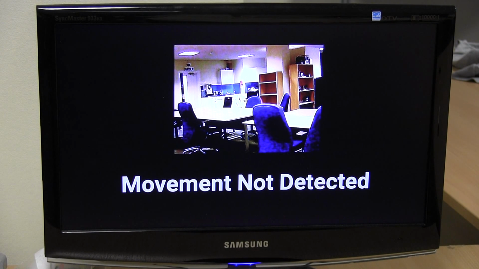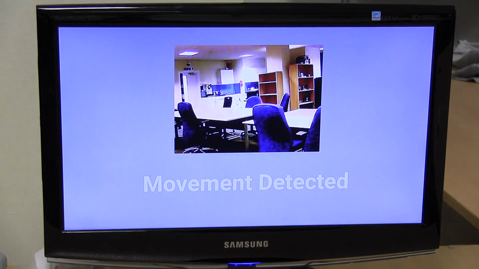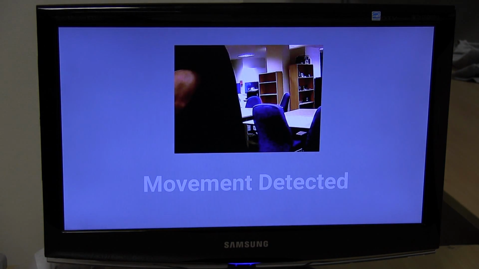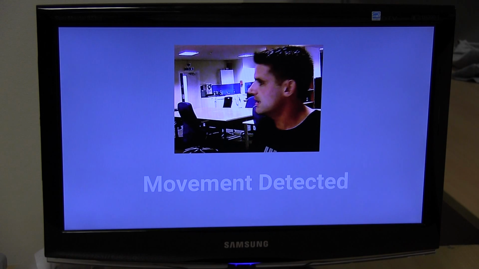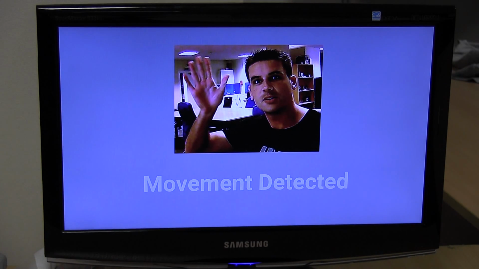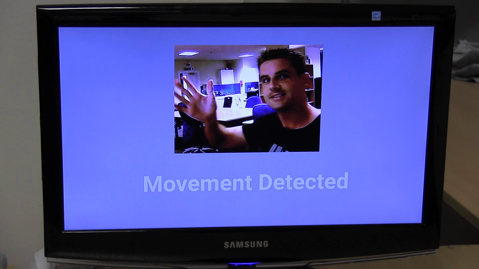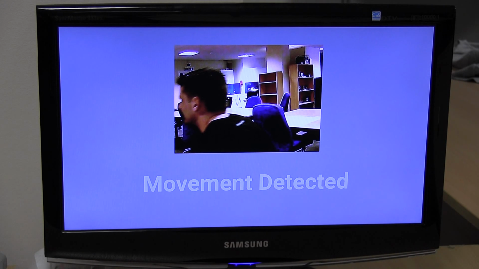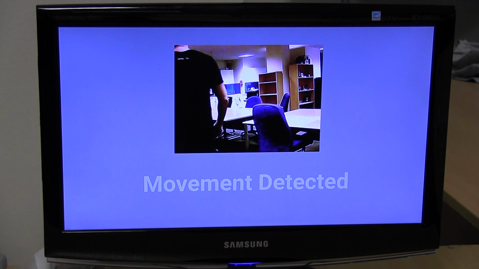So this TV has a Chromecast in the back of it. It has been signalled to by the MultiPlug to display this dashboard. As you see, the dashboard is pretty simple. Picture and some text at the bottom. So now if I go over to the sensor, you will see that I can now be seen. If I walk back away,